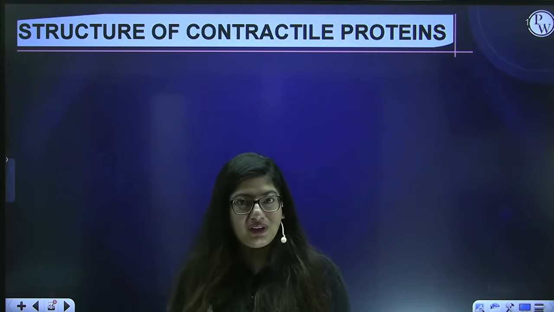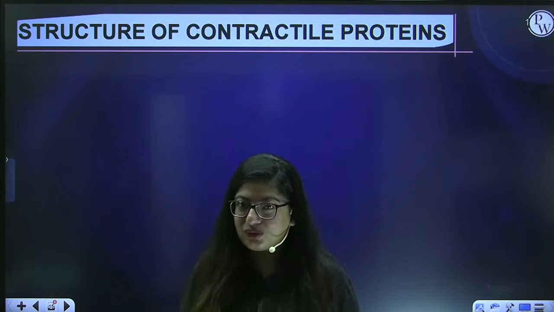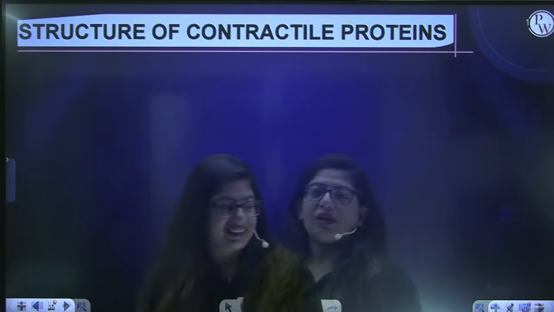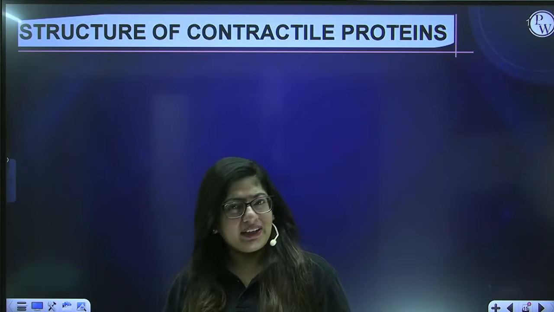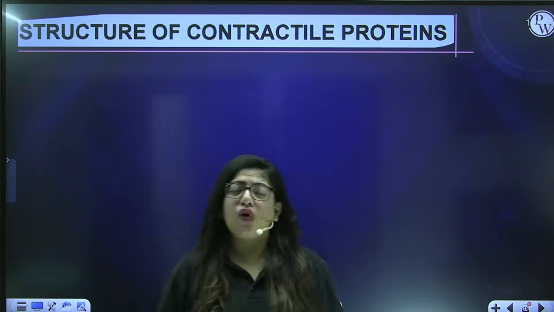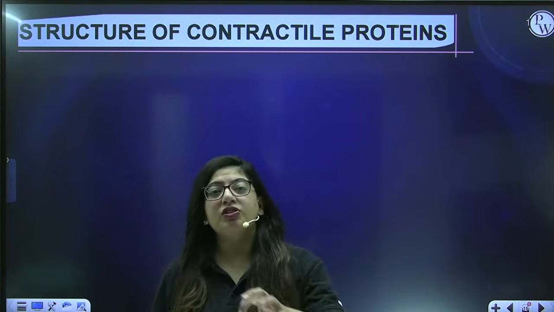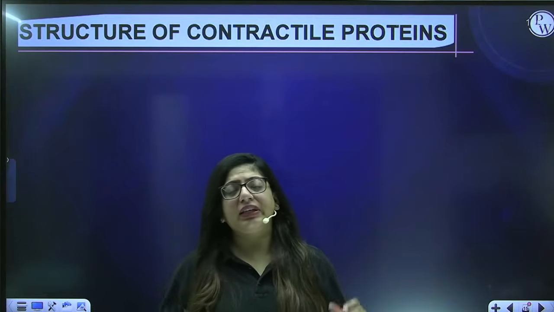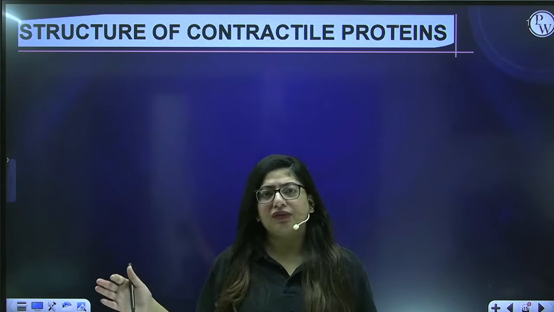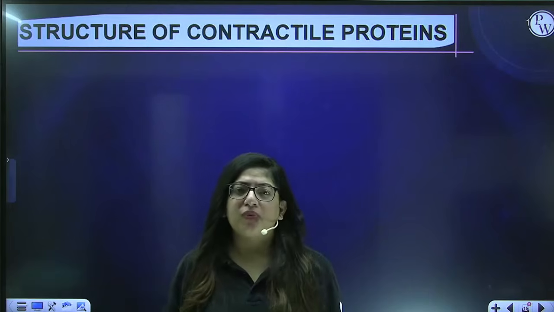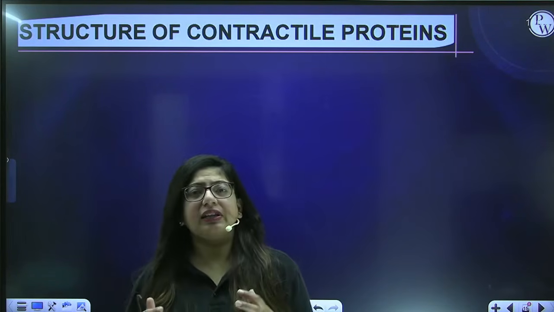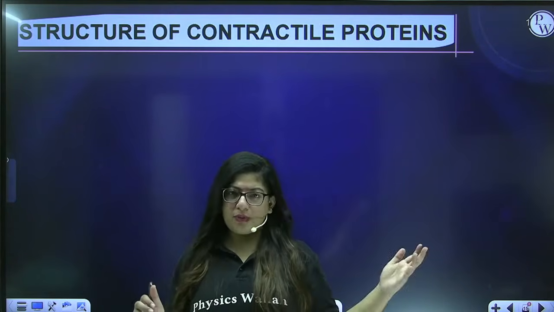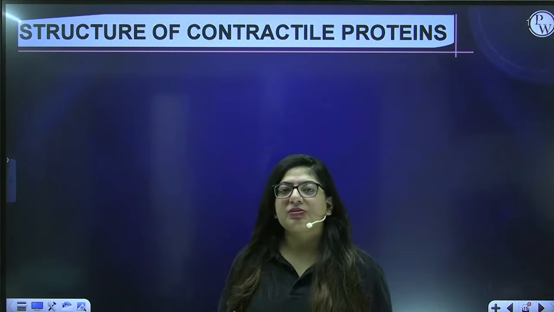It's also kind of important, so you have to study it really well with me. Let's get started. Now what are these thick and thin filaments made up of? As I've already told you, these filaments are responsible for the dark and light band formation, and these thick and thin myofilaments are made up of contractile proteins, myosin and actin. The thin filament is made up of actin, troponin, tropomyosin, whereas your thick filament is made up of myosin.